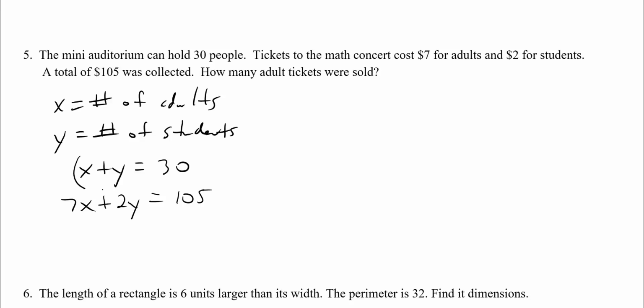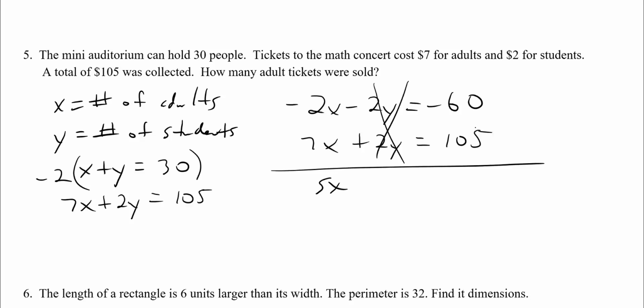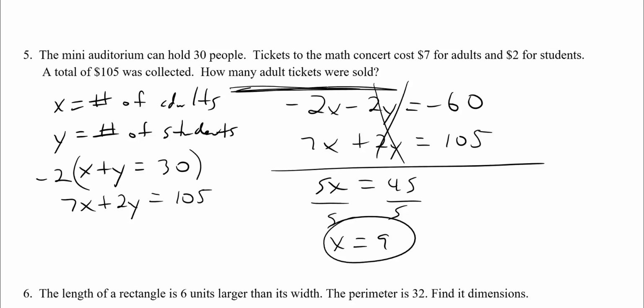So let's get rid of the y. It's a smaller number. I told you that's better. You get no negatives, so I multiply that by -2. So let me write it out here on top. Negative 2x minus 2y is equal to -60, and 7x plus 2y is equal to 105. Okay, so this gives us 5x. The y's cancel. And this gives us 45. Okay, so we divide by 5. x equals 9. There we go. We're done with the problem, actually. It says how many adult tickets were sold? 9. So 9 adult